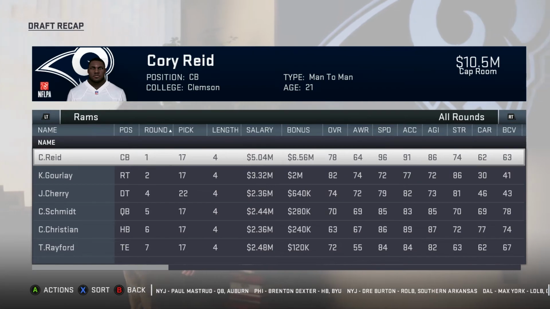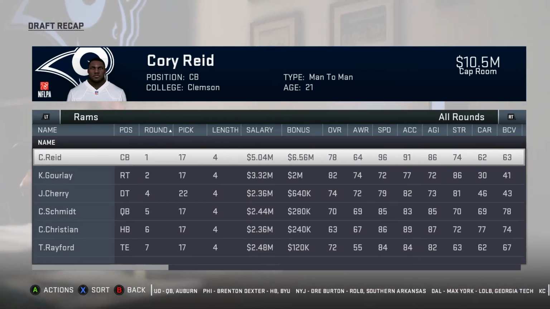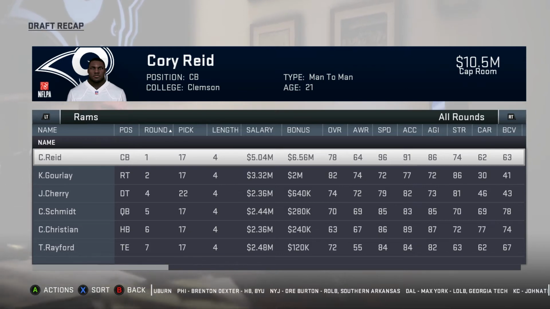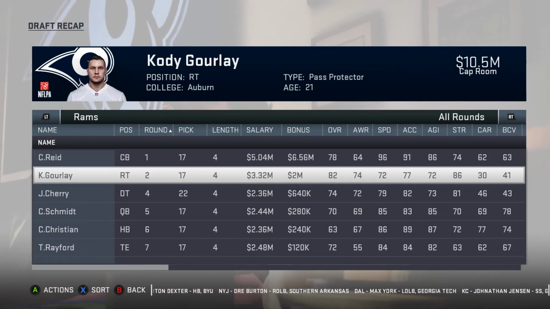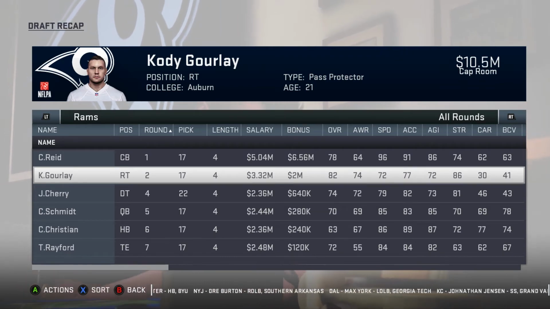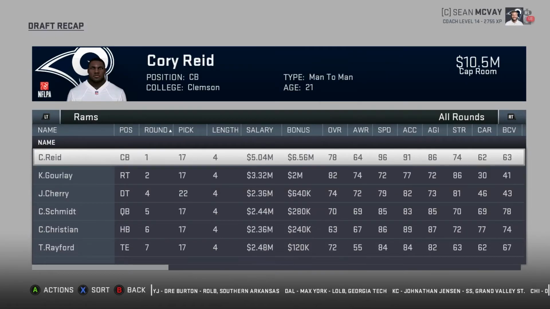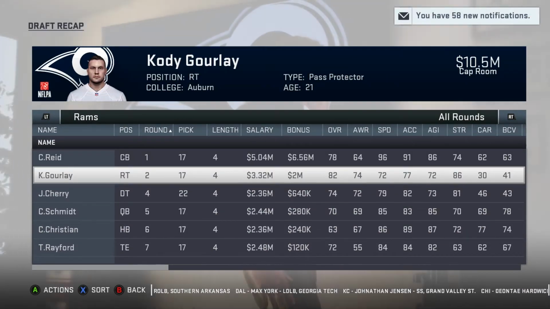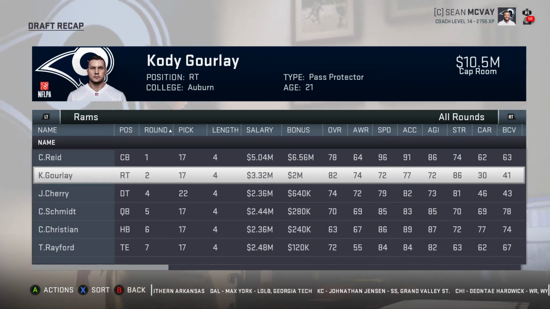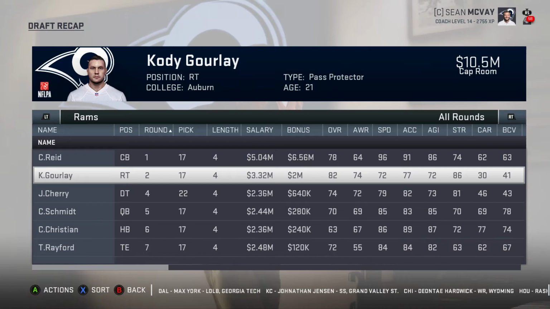So, draft picks for the 2020 season. We pick up a cornerback in our first round with 78 overall. We pick up an absolute stud of a right tackle, 82 overall, star development, I think, by memory. Quick development, the cornerback was star development. This guy had no combine grade. I found him in the draft as I was just flicking through and decided to pick him up, and he